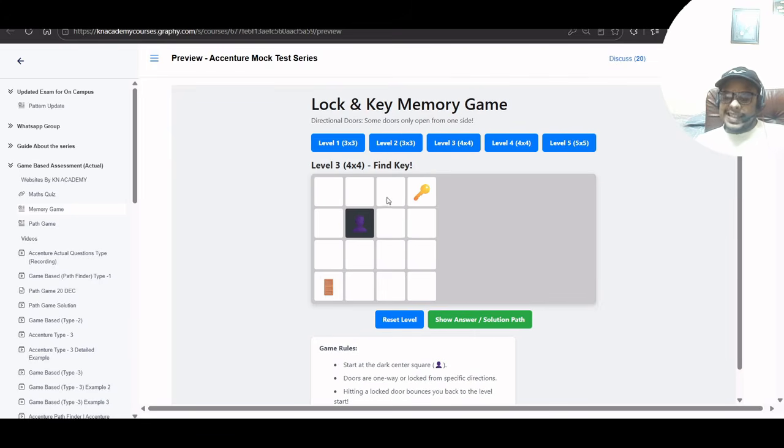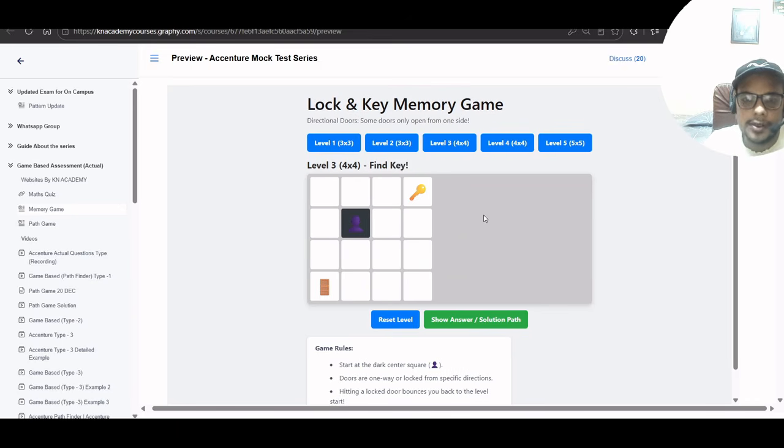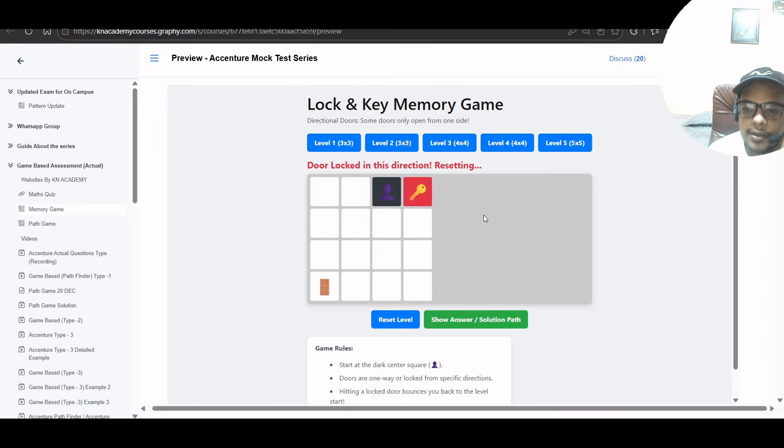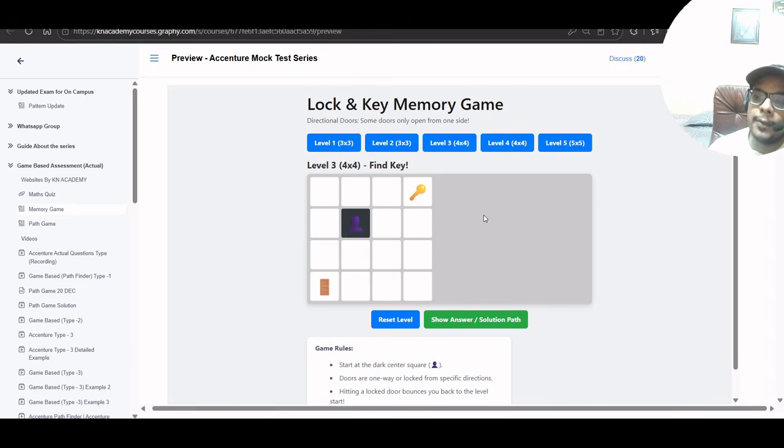Suppose I am playing this level. Please check here. If I go right, see, door is locked. And again I will come to my original position. Suppose now I go up, again door locked, and I go back to my original direction. Suppose I go here. Okay, no, door locked, again up. Then right, right, right. Oh, door locked. Now I need to remember that this one is locked. This one is locked, this one is also locked, this one is also locked. So I cannot go through this path, right? I need to explore another path.